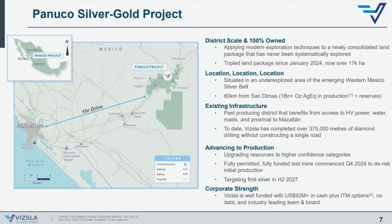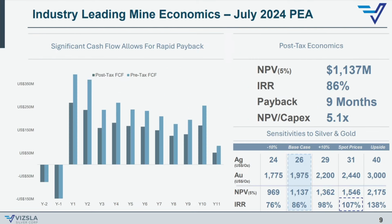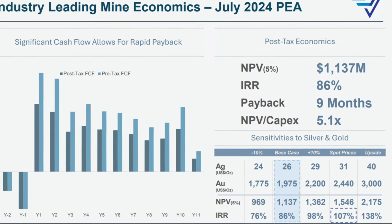The Panuco district is an ancient and historic mining district located in Mexico. Mexico has been the world's largest producer of silver for many years and accounts for a significant portion of global silver production. This district is 100% owned, it's in a fantastic location with existing infrastructure and advancing to production. Now importantly, the preliminary economic study from July 2024 suggests industry-leading mine economics where significant cash flow allows for rapid payback. And we can see here the NPV